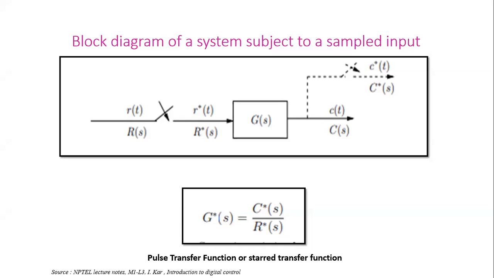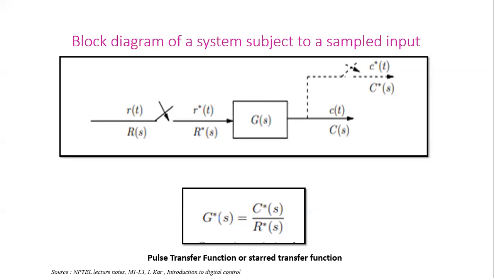Where R of S and C of S are nothing but Laplace transforms of the input R of t and output C of t. Now we always assumed in that case that the initial conditions are 0. Now why is it that we aren't using the same thing? I'm sure all of you have answers with you. We have all marked that now we are moving from continuous to discrete, or maybe to digital systems.